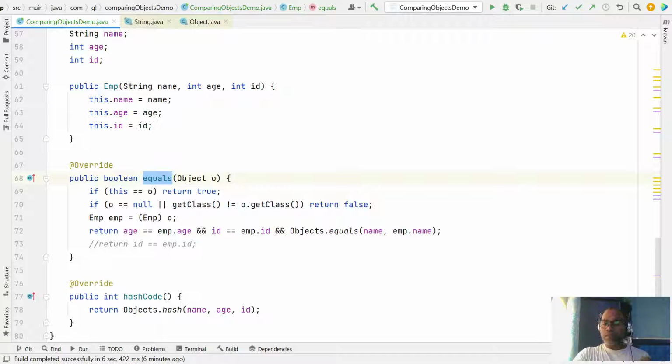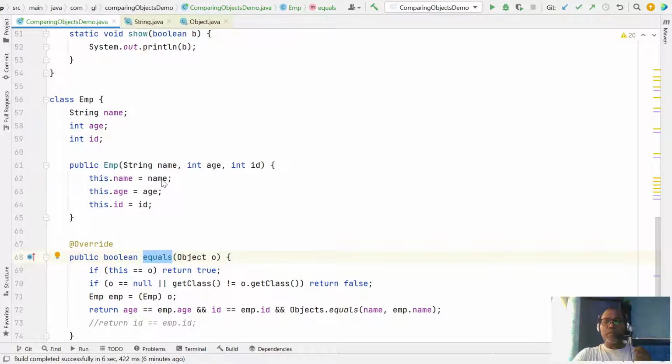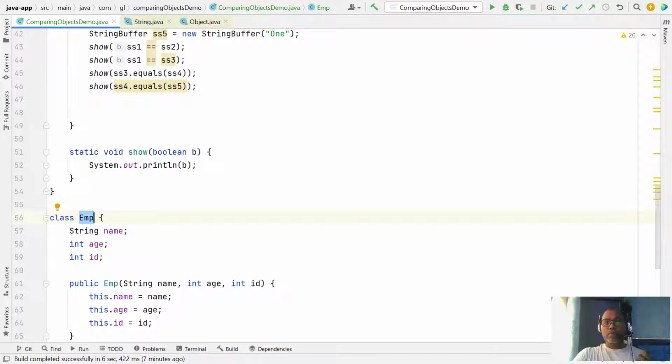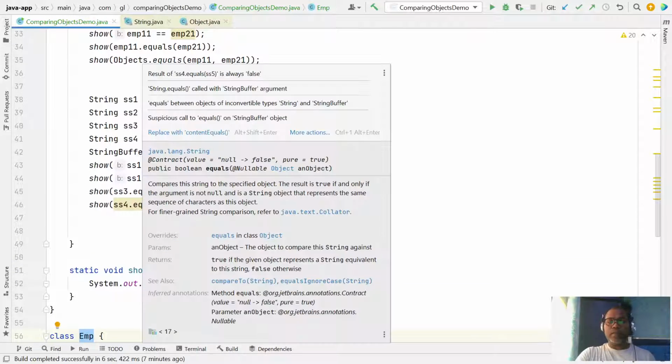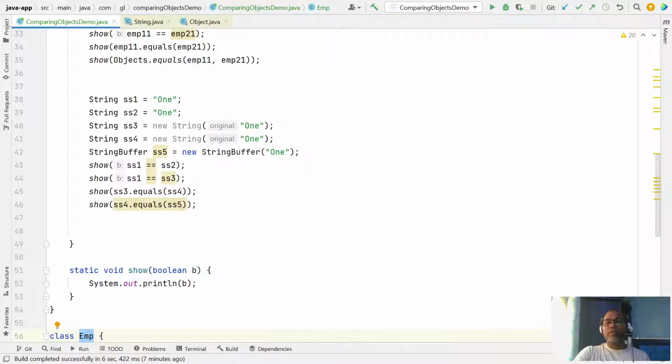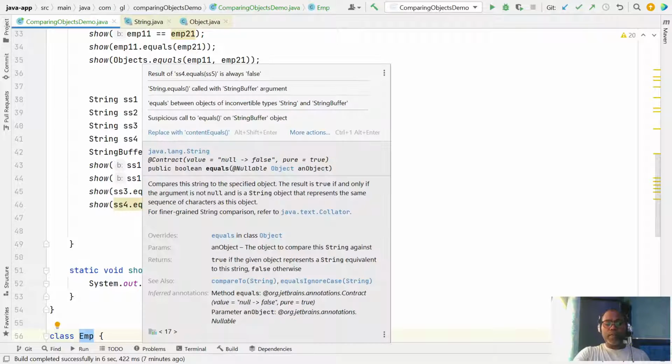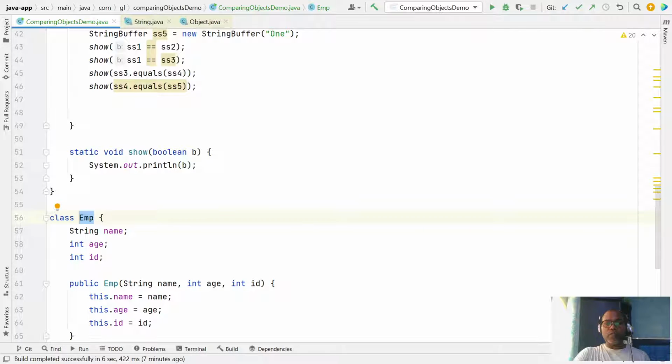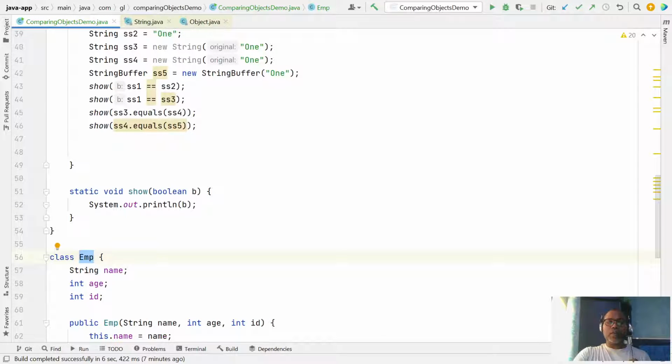The equals method is defined inside the Object class, so each and every Java object has an equals method. But each and every Java object does not provide an overridden equals method, so that behavior differs. If you are not providing any override in your class, it will work like the double equal to operator only.